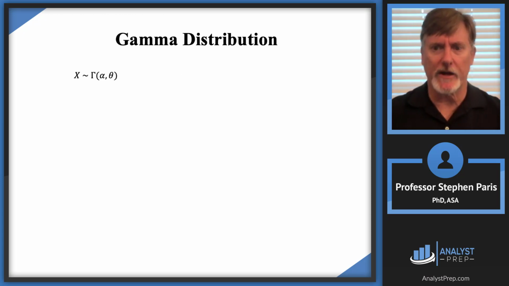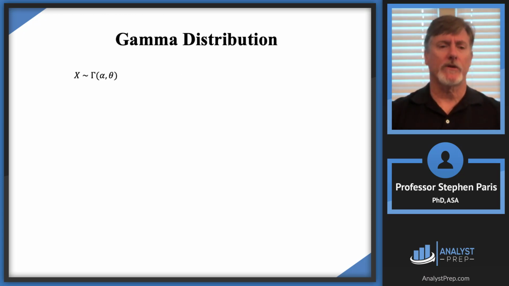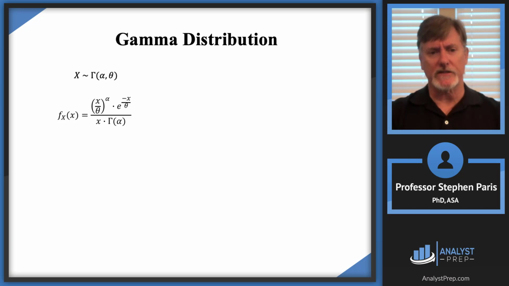Okay, so now let's talk about the gamma distribution. So the gamma distribution, this is going to be my notation. It's actually a 2-parameter distribution. Again, it generalizes the 1-parameter exponential distribution. So this is a 2-parameter distribution. And this is what the density function is defined to be. Don't get caught up in this right now. I'm going to come back to make a statement about the density function in just a second. All I wanted to do here by showing you this density function is just